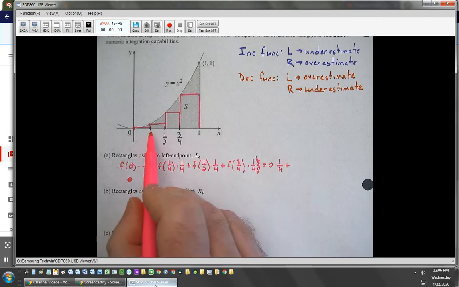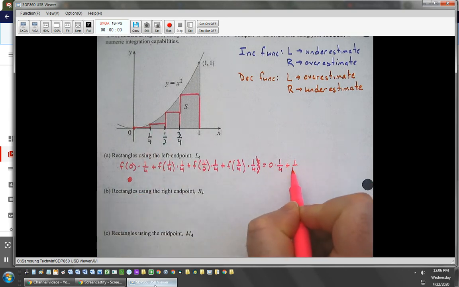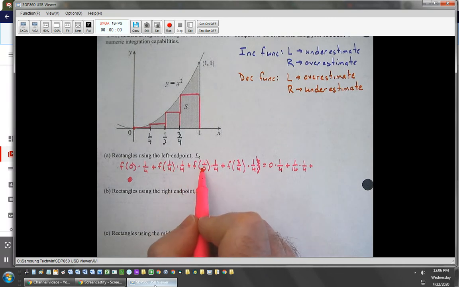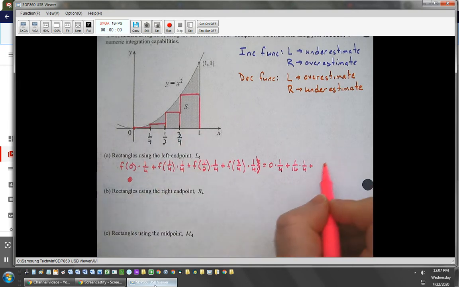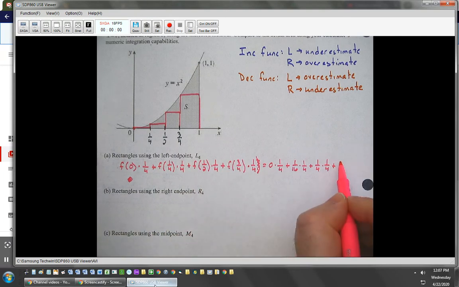plus, what's f of 1/4? Well, 1/4 squared is 1/16 times another 1/4 plus, what's my function value at 1/2? So I'd plug in 1/2 into squared. 1/2 squared is 1/4 times my width of 1/4. Then 3/4 squared, so the 3 and the 4 get squared, so that's 9/16 times 1/4,